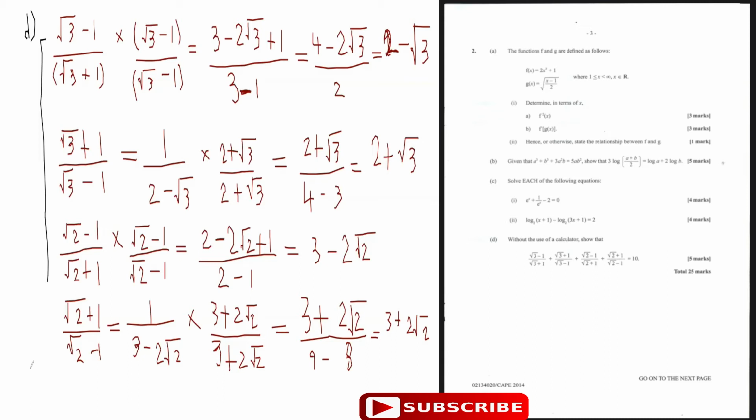So now we can write that the root of 3 minus 1 over the root of 3 plus 1, plus the root of 3 plus 1 over the root of 3 minus 1, plus the root of 2 minus 1 over the root of 2 plus 1, plus the root of 2 plus 1 over the root of 2 minus 1,